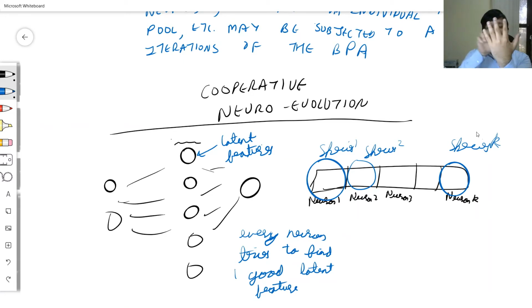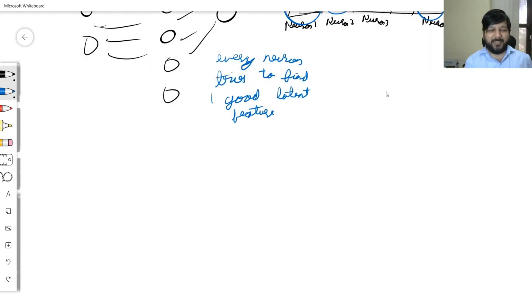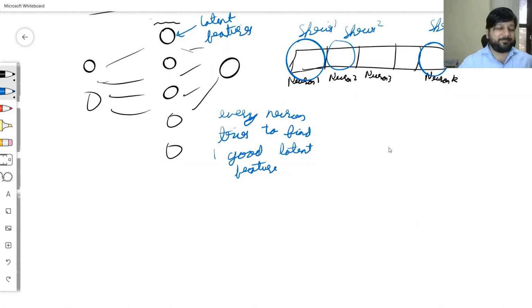So I need to calculate features which are individually good, and each feature solves a part of the problem which none of the other features can solve. So they are independent features. And therefore, I can, without saying any further, have the same master-slave architecture where K is a variable number of species